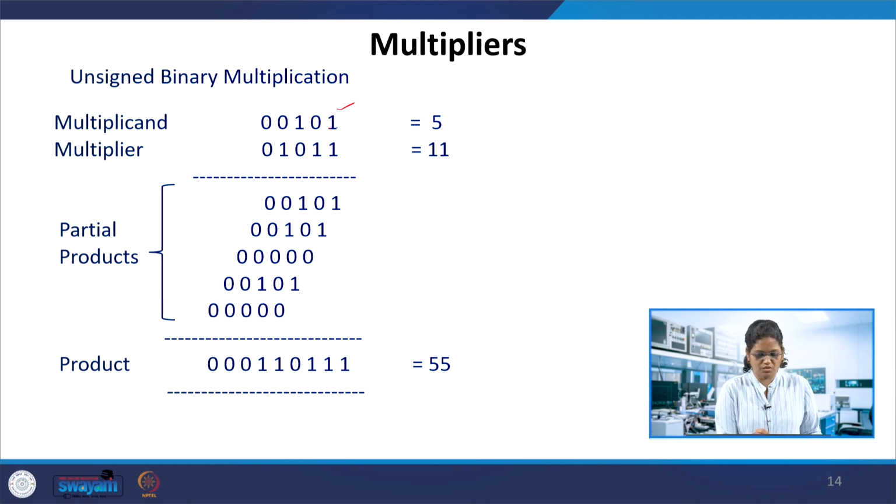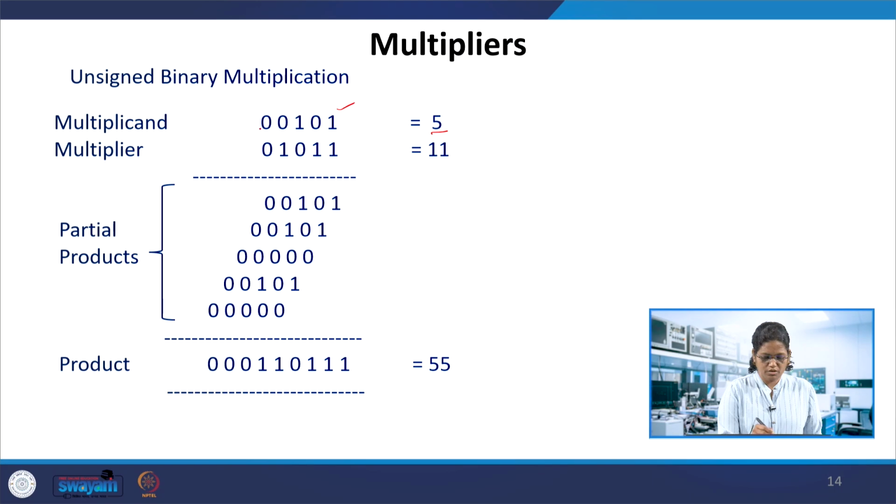Suppose we take 5 as an unsigned number, and there is a value 11, which is also 5 bits. To represent signed, we take this last bit. Because 11 requires 4 bits, the 5th bit is 0, and for representing 5 it is 3 bits, 101. So we have to equalize this; the 0 has been shown here. So when 5 and 11 are multiplied, you will get 55 anyway.